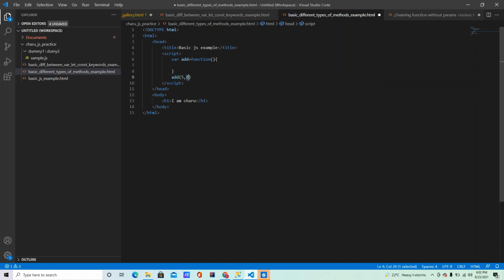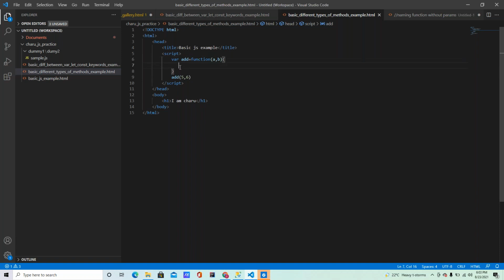So now how can these values be held? By writing parameters. Somebody will be confused about where we need to mention the parameters. A variable is for holding the values itself, not for holding the parameters. Functions are where we can directly write the functionality. Sometimes we need to hold values through a function also, so for that purpose we need to mention parameters here. So now write a comma b.